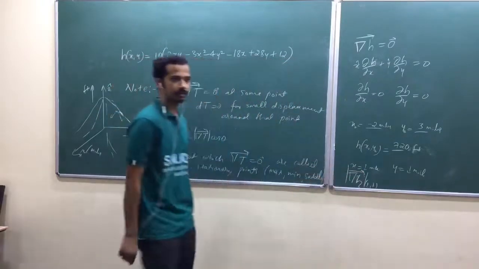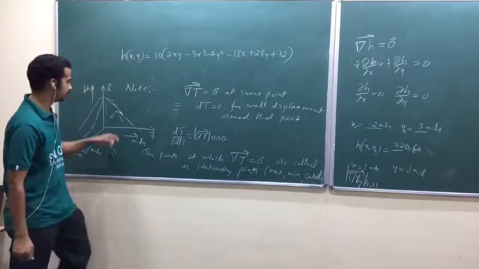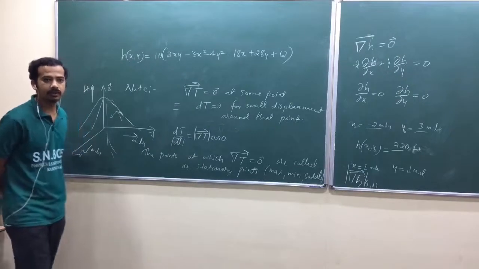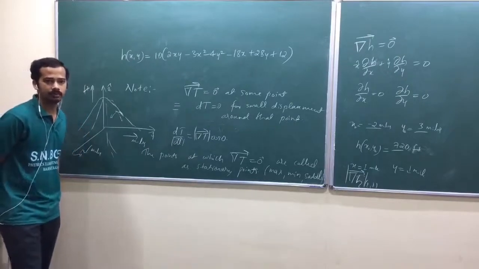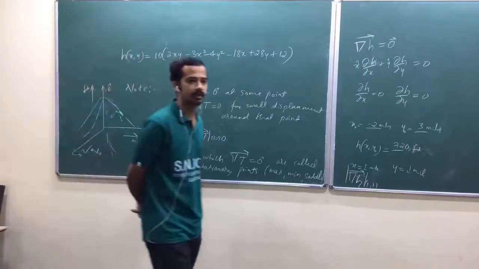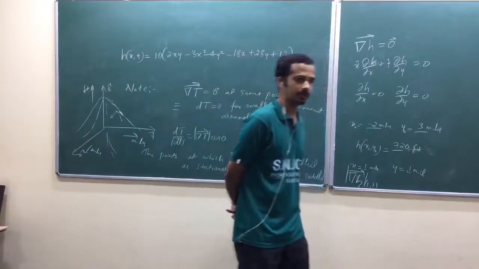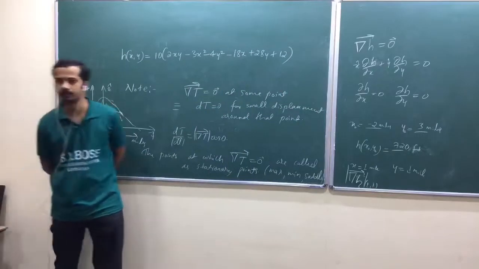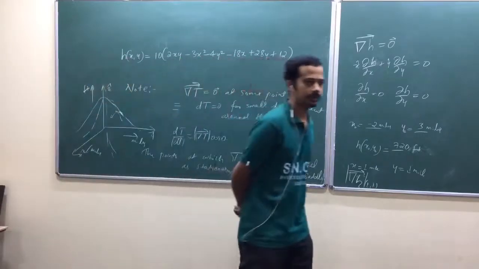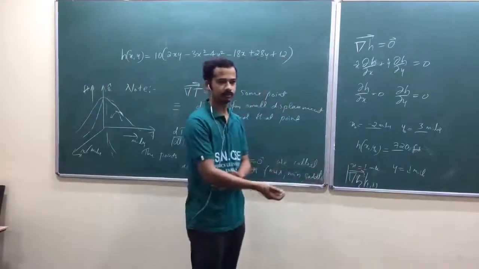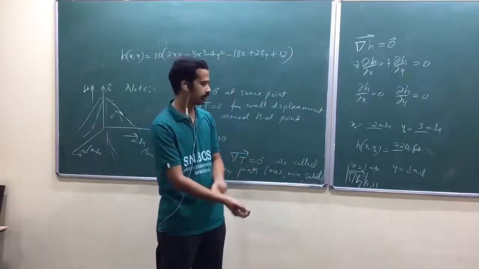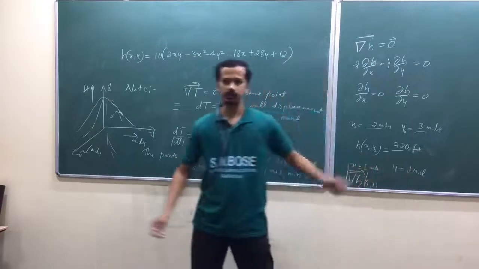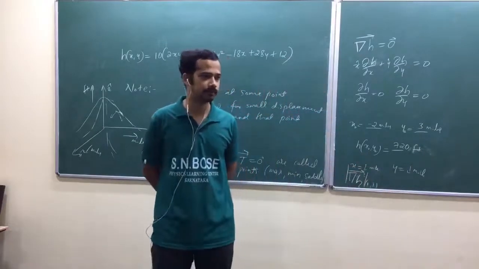If you are asking about the derivative, about the slope, in which direction are you talking about the slope? In different directions, you have different slopes. So next part is okay. What is the next part? In which direction is the slope steepest, or the slope maximum? In the direction of the gradient, the slope is maximum. So find the gradient at that point, make it a unit vector. That is the direction where the slope is steepest.